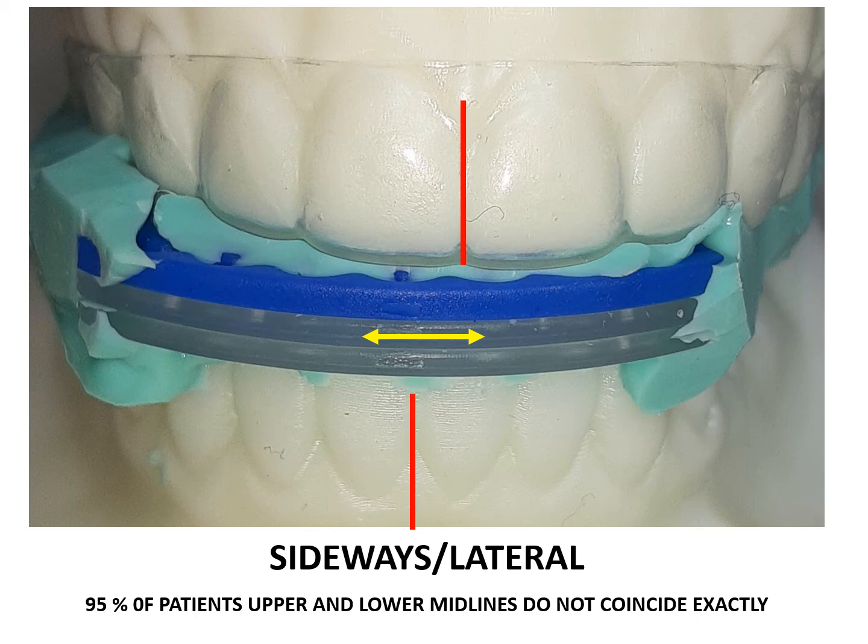The pegs face up on the shims on the upper teeth, down on the lower teeth. When the shims are against each other and against the teeth properly, the result is smooth sliding to record lateral or sideways. 95% of patients' upper and lower midlines do not